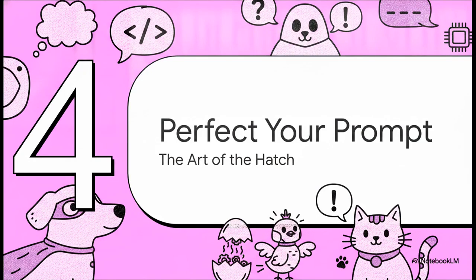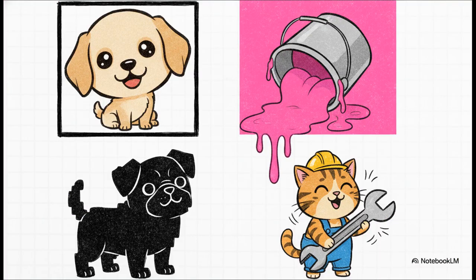All right, part 4, perfecting your pet prompts, the art of the hatch. Because look, you're the director here and a basic prompt like "cute dog" just isn't gonna cut it. There are a few mandatory prompt locks you need to use. You absolutely have to lead with exaggerated chibi proportions, so the character's head actually fills that 192 by 208 pixel bounding box. If you're using the alternative method we just talked about, you have to demand a magenta chroma key